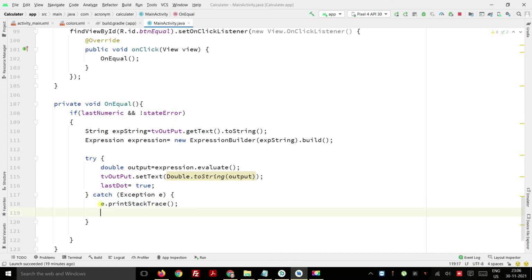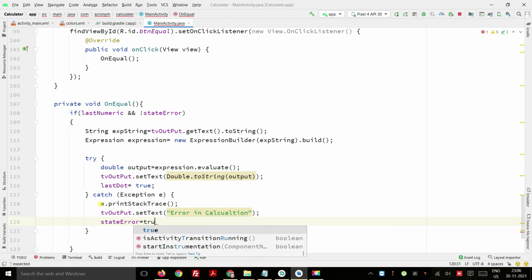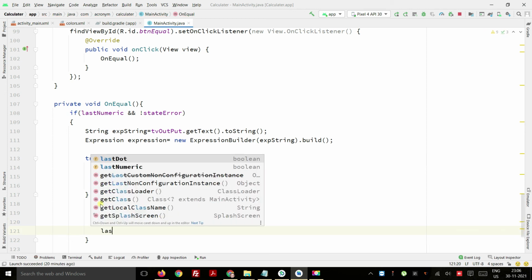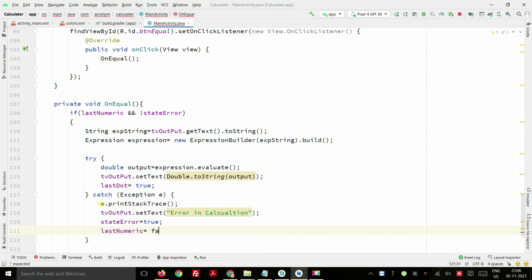Instead of that, I will use TV output dot set text, and I'll put error in calculation, and then state error equals to true, and then last numeric is to be false.